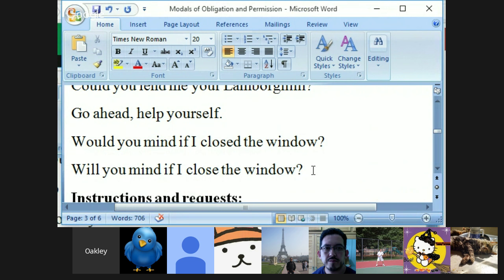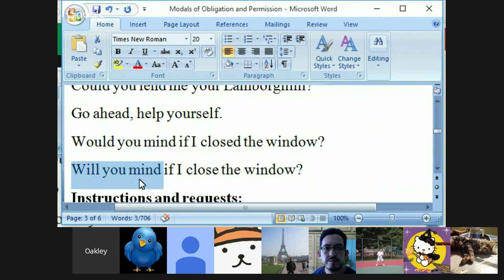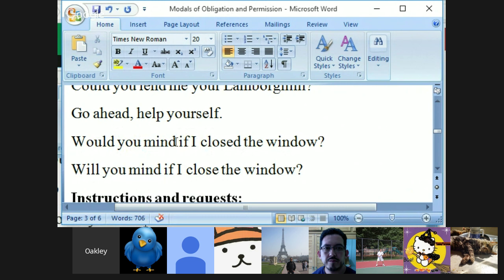It sounds a little strange. This one just sounds better. I'm just talking about how this sounds to me as a native speaker. I don't think it has anything to do with grammar. It's more colloquial. We just simply don't preface an indirect question with will you mind. It's possible. It makes grammatical sense. We just don't usually do it, colloquially.